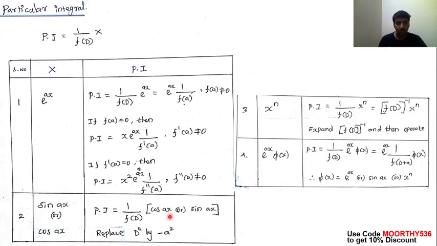So coming to the cos ax or sin ax category, here PI is equal to 1 divided by f of D into cos ax. Here we are having the cos ax format. So what we are doing here, in the denominator, the D square, capital D square, is replaced by minus of a square. So this is a procedure here. Now coming to the equation,